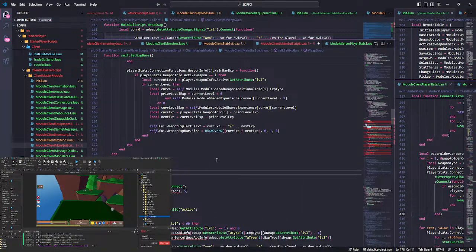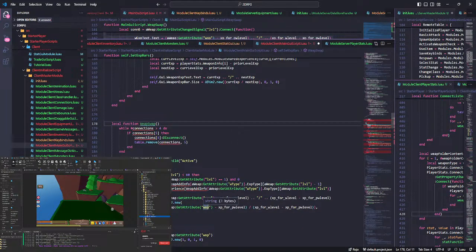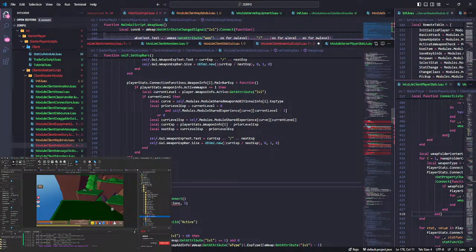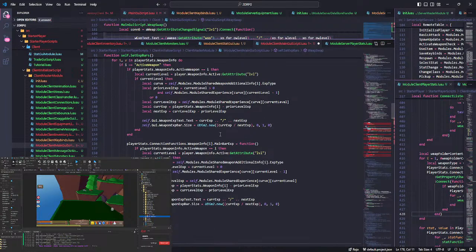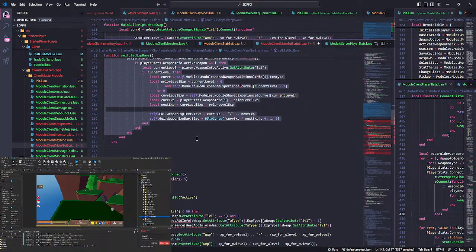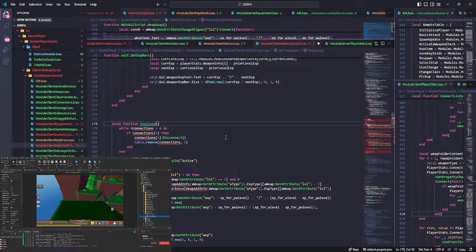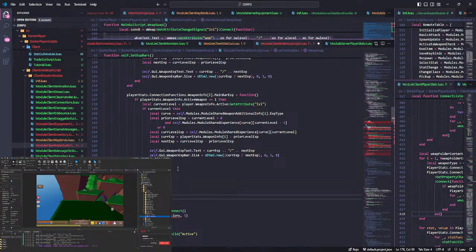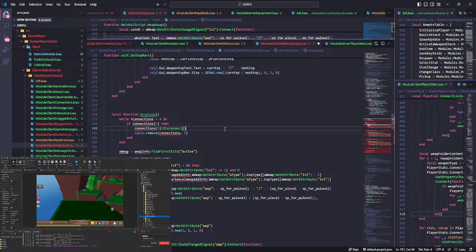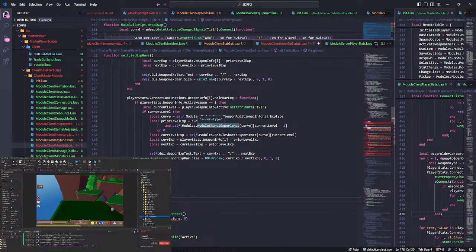What we actually have to do here for the weapon experience. So this is going to have to be done in two places. This is going to have to be done here. It's also going to have to be done in a place that I didn't do this yet, which is the actual skills GUI. But since this is already done here, doing it in the skills GUI is very simple. So I'm going to do this here as well, and once I get to finalizing the skills GUI, it's going to be a pretty simple copy and paste job and change minor things. So what I actually have to do here